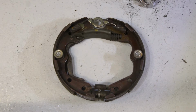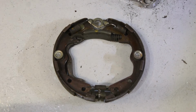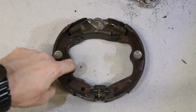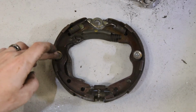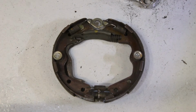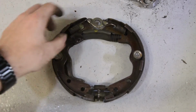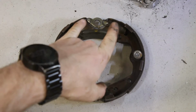Okay, so here is a rough approximation of how the handbrake shoe mechanism sits on the car. Now here we have a lever, and that is attached to the handbrake cable. These two pins hold it onto the backing plate. Up here is where the anchor block is located, and these two springs hold the top of the two shoes